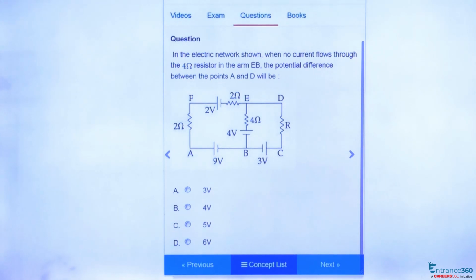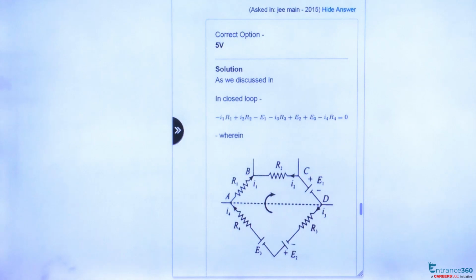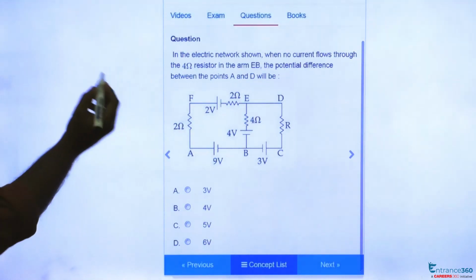As you know, you can use Kirchhoff's law here. So we can proceed with Kirchhoff's voltage law. Let's see how to proceed. First, we can redraw the circuit here. Our circuit is